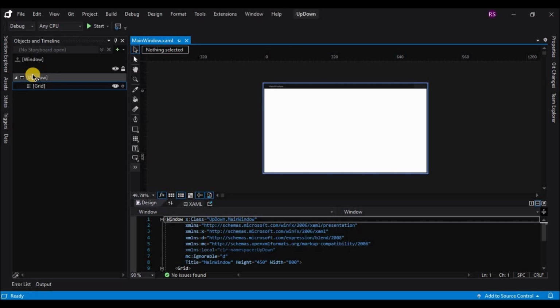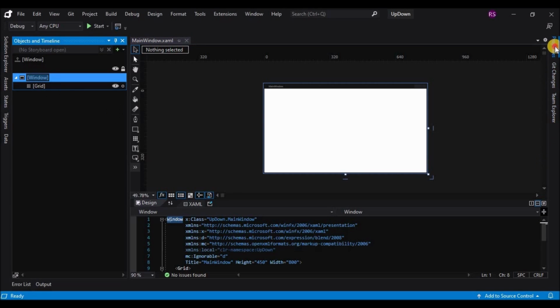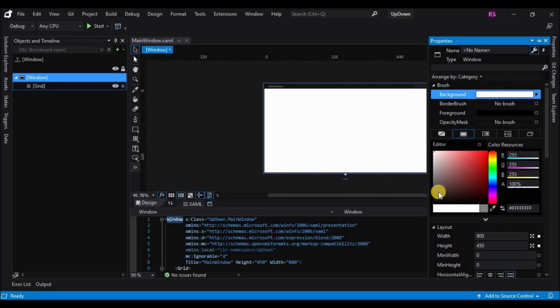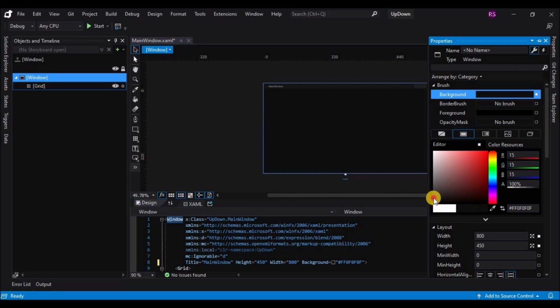So let's first start by changing the window properties. I am just doing it for demonstration purpose. This is not necessary. I'm just changing the background color of the window to a darker shade of gray.